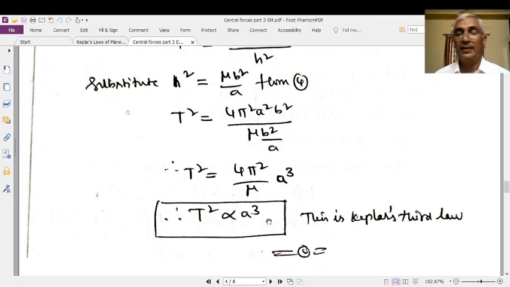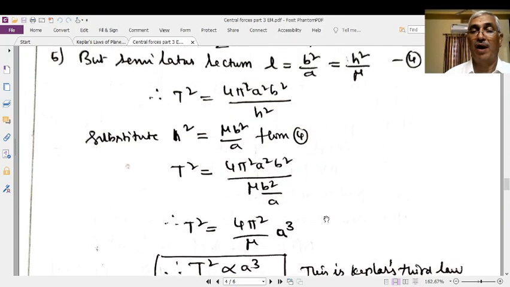Okay, in that way we can easily derive this equation or easily prove Kepler's third law. Right. Okay, this is all about the proof of Kepler's three laws. See you in the next